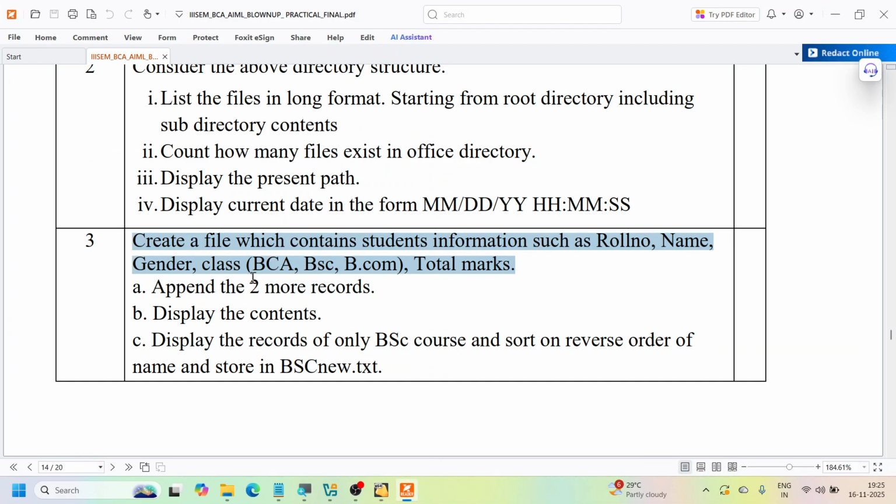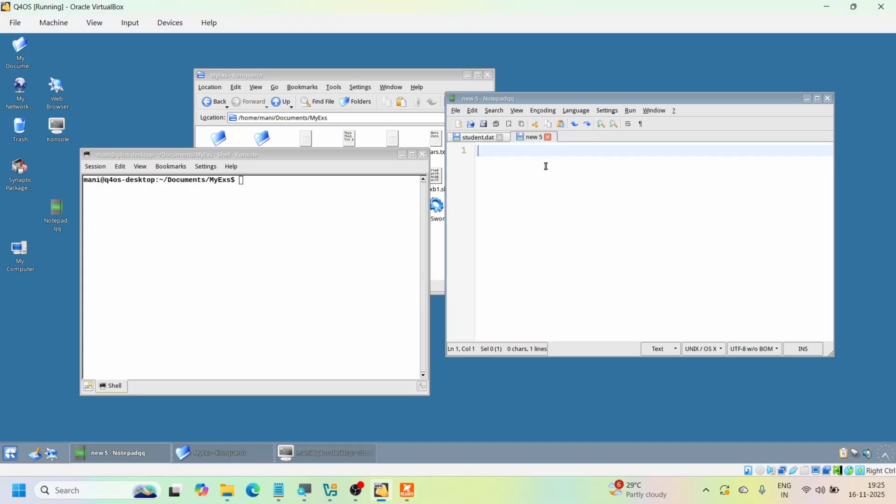So let's look at what is the first thing that we are supposed to do. They say that we are supposed to append two more records to the existing file. So how can I append the record? I'm going to use the echo command. You can select bash as your language. I'm going to use the echo command, and if you notice my file here, student.dat, the last register number is 103. So I'm going to start with 104 as my